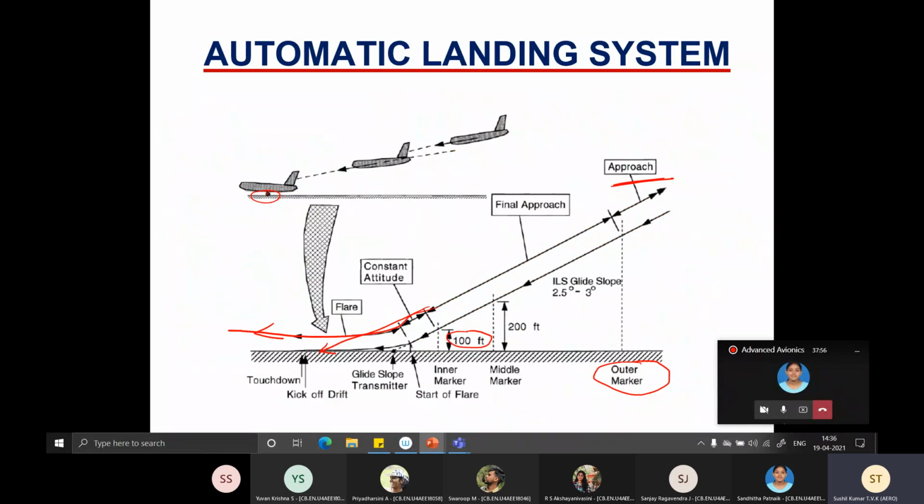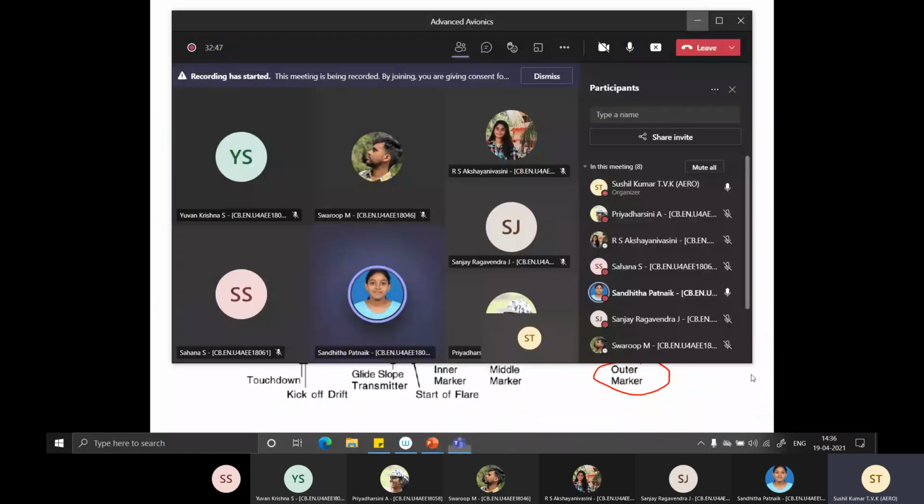With that we'll be completing autopilot. After that it's just the flight management system. And in the next class I'll have a look into this arming system. I forgot to do it. Swaroop gave some information and I just wanted to cross check it. Probably we'll do it next class. Okay. Any doubts, Sandhita? No, sir. Yeah, I suggest that you